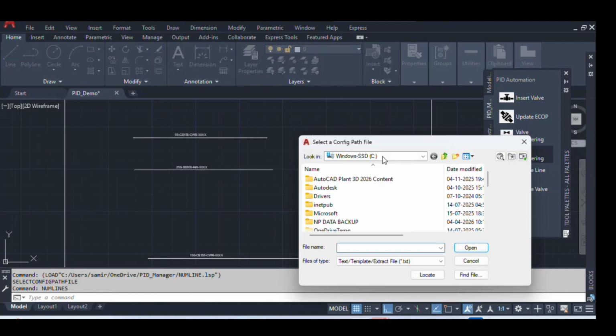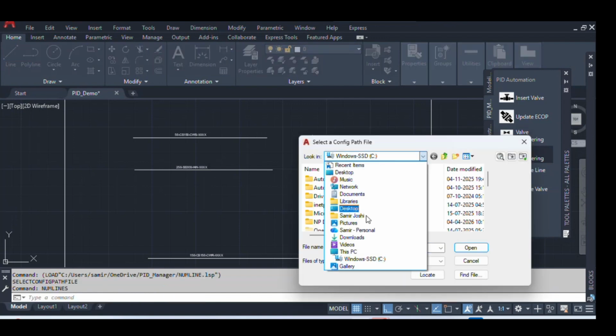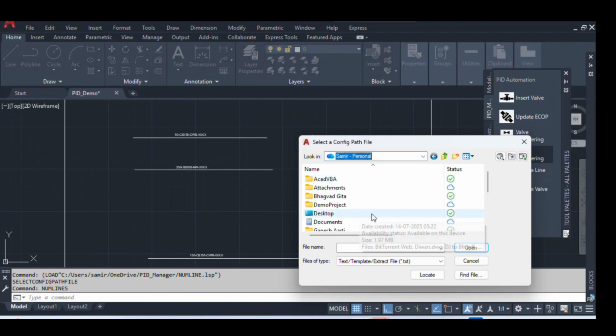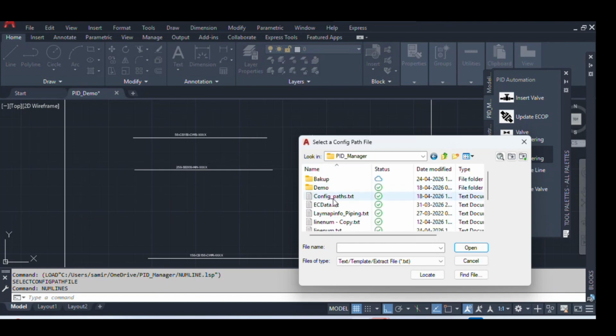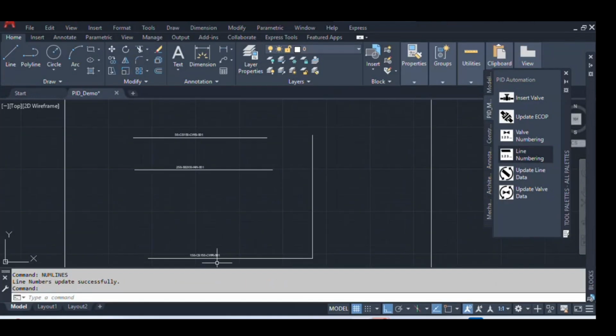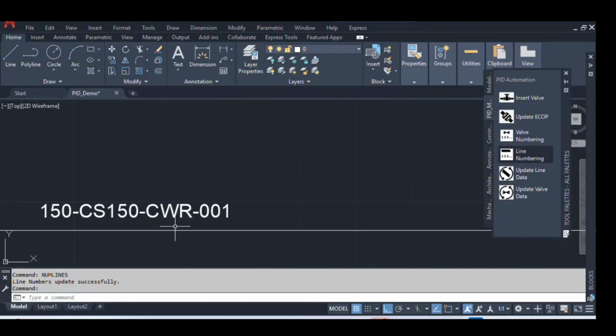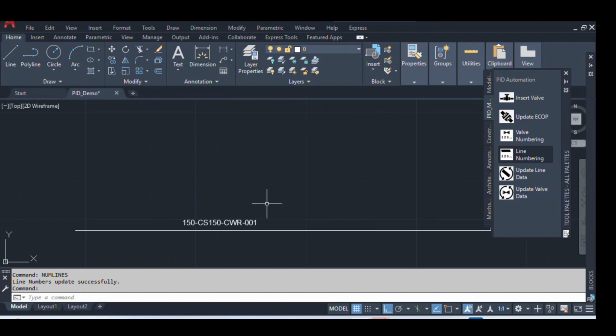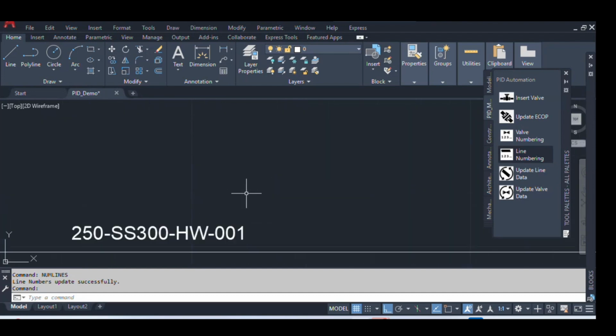So the tool will first ask me for the input file. This is the file where we provide the path of all the different inputs required for numbering. This is a config path, and I would say open. The moment I have given that path, it has taken the input from the different files available there, and it has numbered SCWR